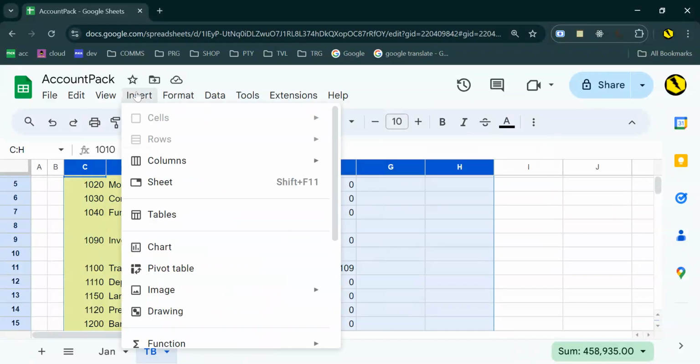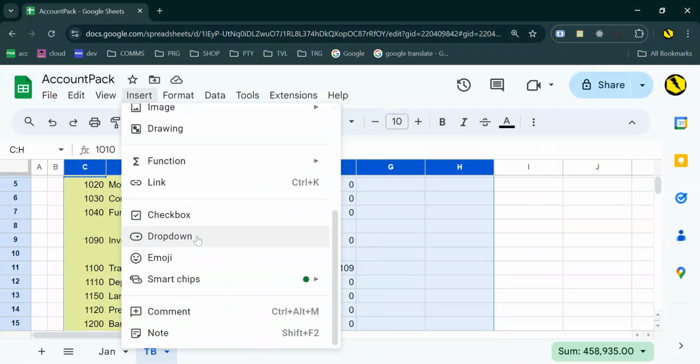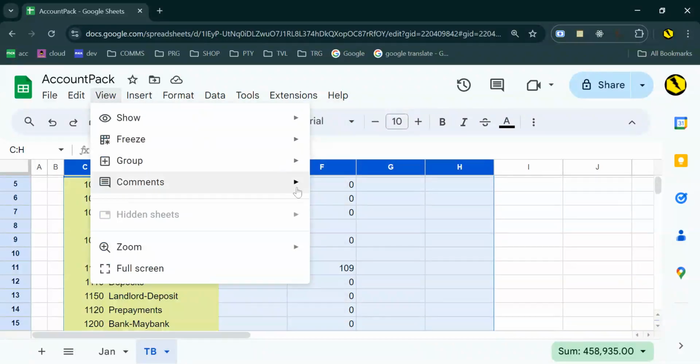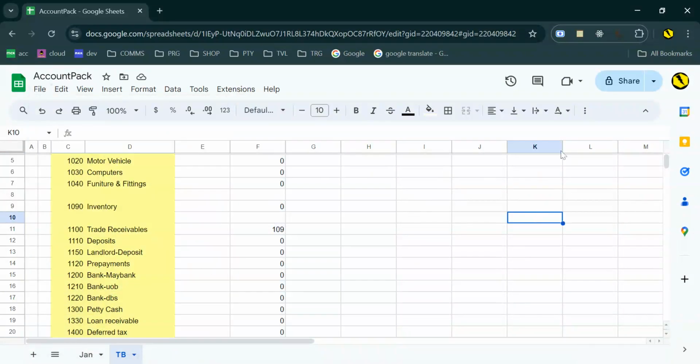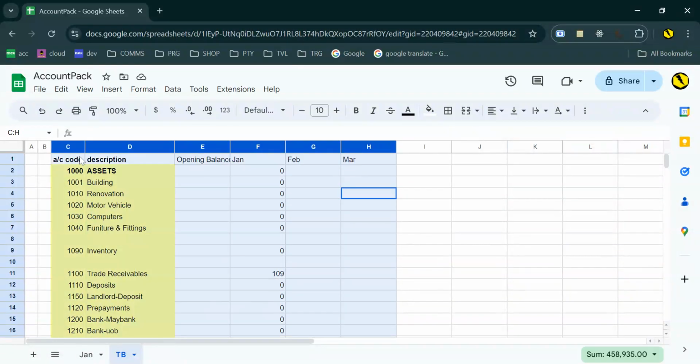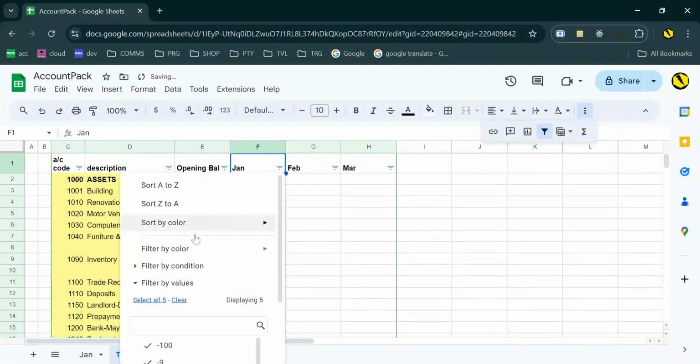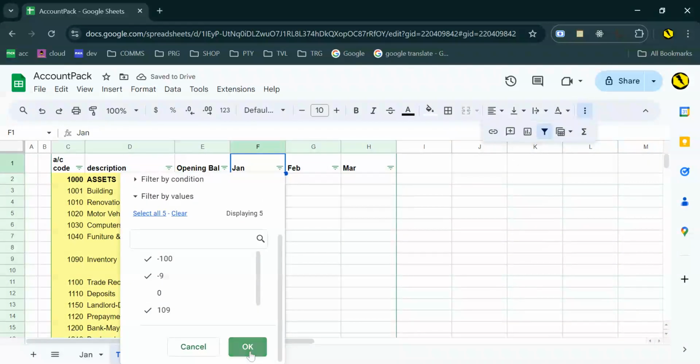I'm looking for the filter function. Oh, here. Okay, let's filter all the zeros and you get